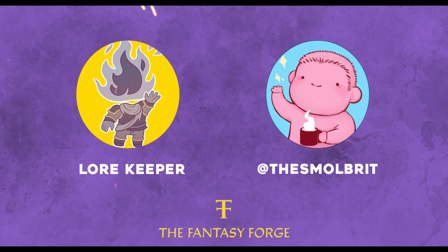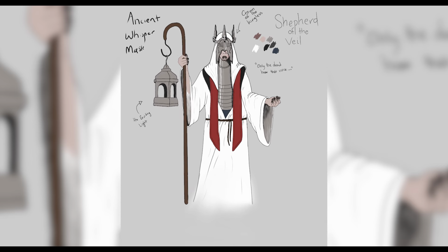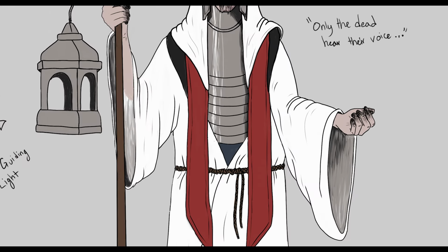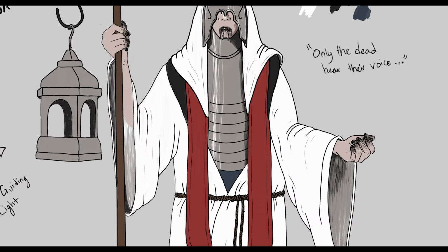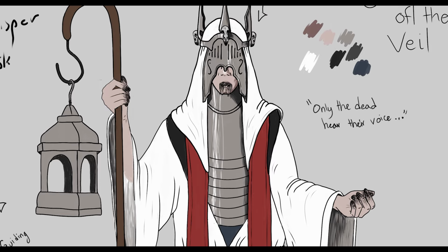I definitely did it more like concept art. So I guess here's the big reveal. I definitely did a bunch of concept art. So you went with Ancient Whisper Mask. So you got rid of Mirror. Right. Yeah, I tried to find a way to make all four fit, and I couldn't find a way to,